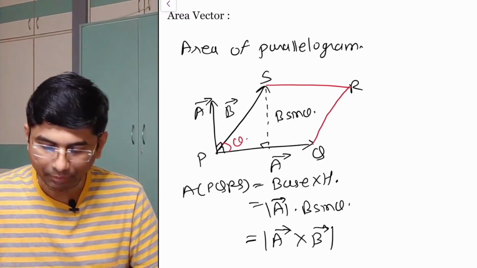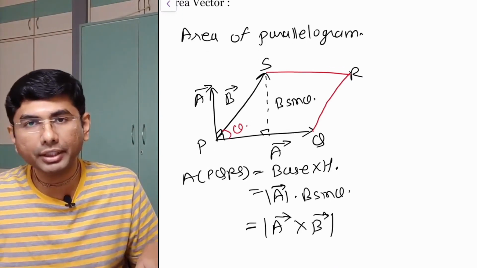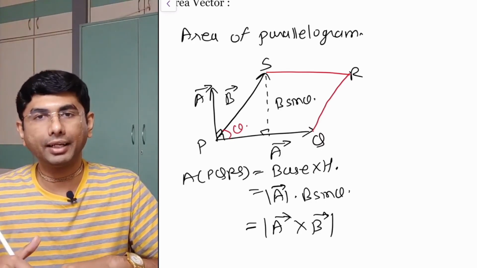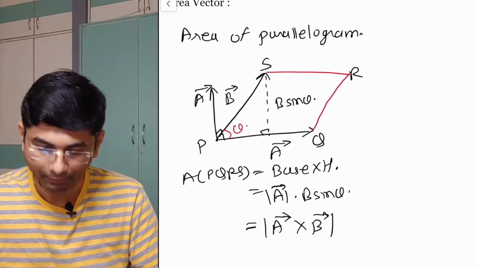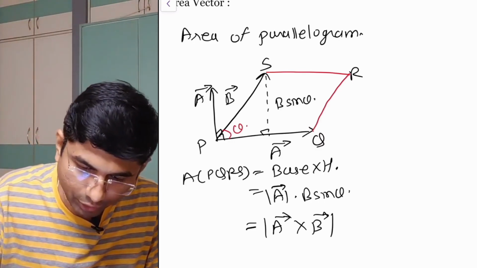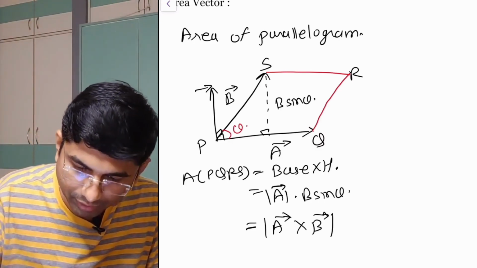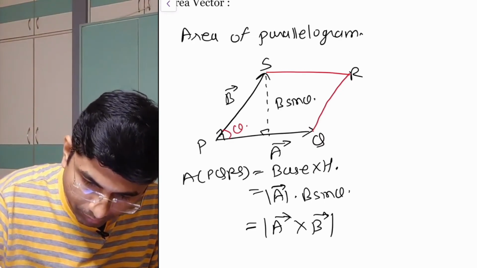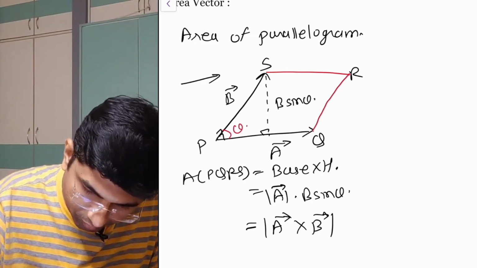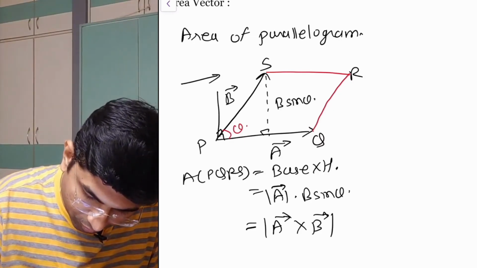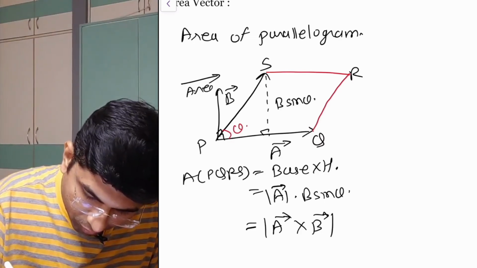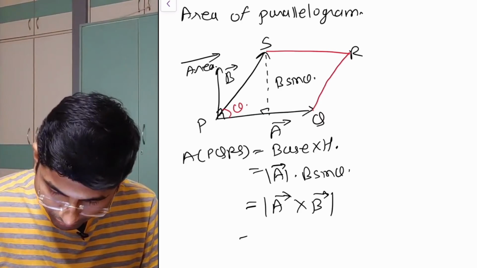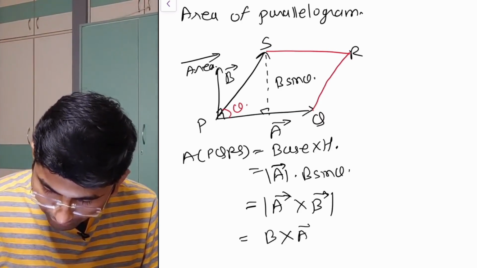Because now I am considering an open area, whenever I am having an open surface, the area vector can be in any direction. It can be upward or it can be downward. So this is the area vector, not A, because I am already using the term A there. This will be my area vector either upward, or if I am considering it like this, B cross A.